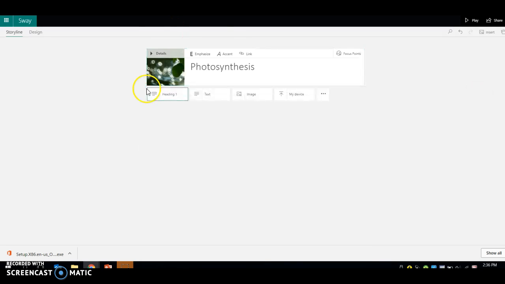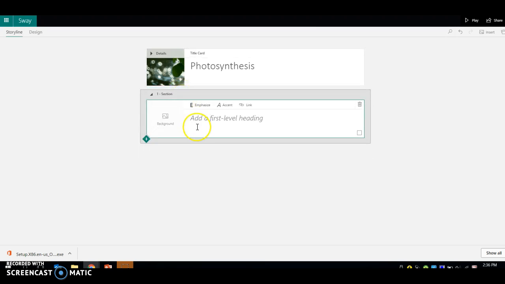you would then add a plus sign. So you could add a heading, a text, an image, or insert something from your device. So we'll do a heading. So what photosynthesis is. This is the process of using light energy to create oxygen